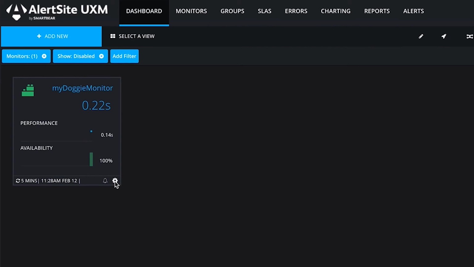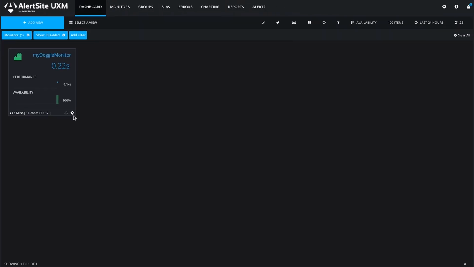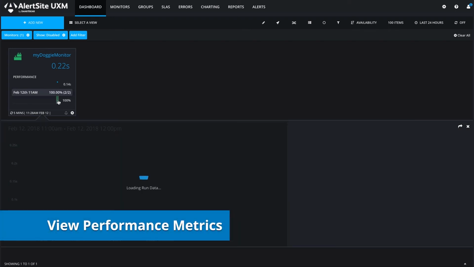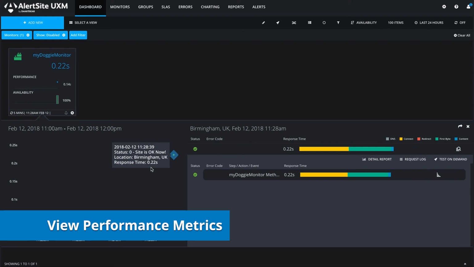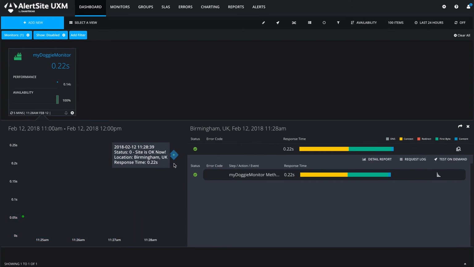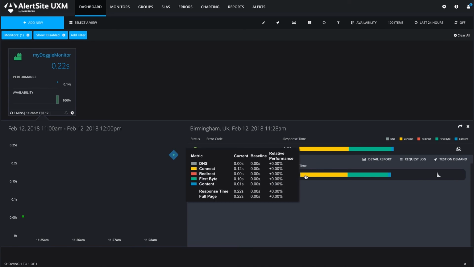You have a few quick controls that you can do right from this gear icon to jump to different parts of the UI related to that monitor. For right now, let's take a quick look into the results. So you can see here that we just ran from Birmingham, UK. And the results were good. It looks good. It's a very fast, quick hit monitor, but still we get to see the network timings at a glance here. We'll be able to see over time the current results against the baseline,